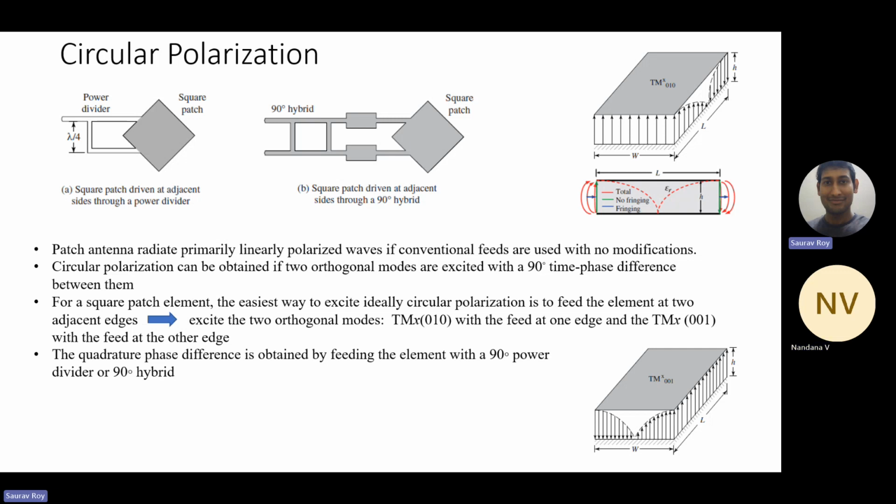Because most likely the antenna will be used for communication, right? Why do we design antennas? It's for some kind of communication. So if the transmitter antenna and the receiver antenna, if their polarization does not match exactly, there will be a lot of loss due to polarization mismatch. That is how we calculate polarization efficiency, right? So to get rid of that, most of the times maybe our transmitter is here and the receiver may be a lot far away. So we don't know